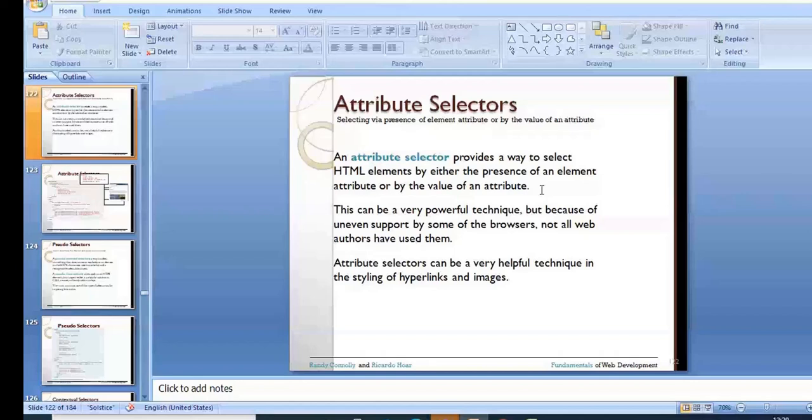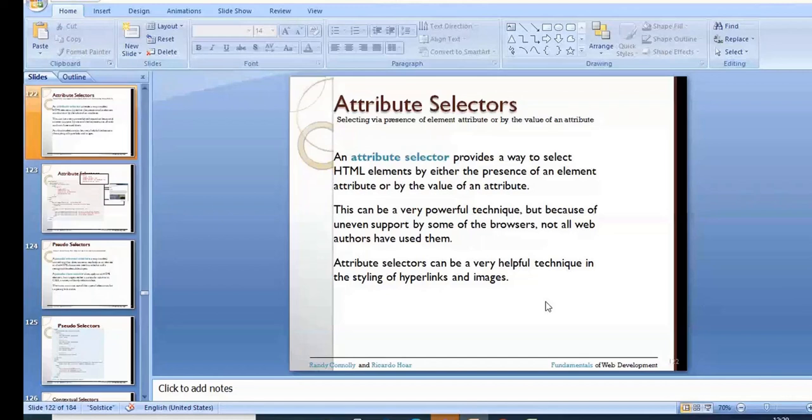This can be a very powerful technique, but because of uneven support by some browsers, it is not well used. Even though it is a very effective technique, some browsers do not support the attribute selector, so many web authors are not using it.